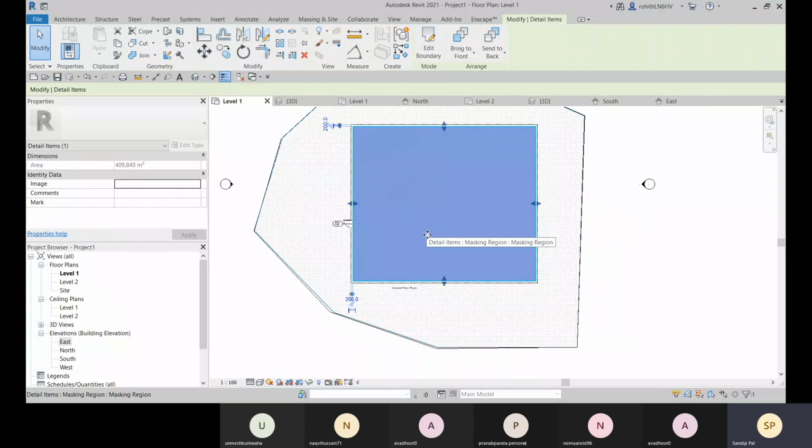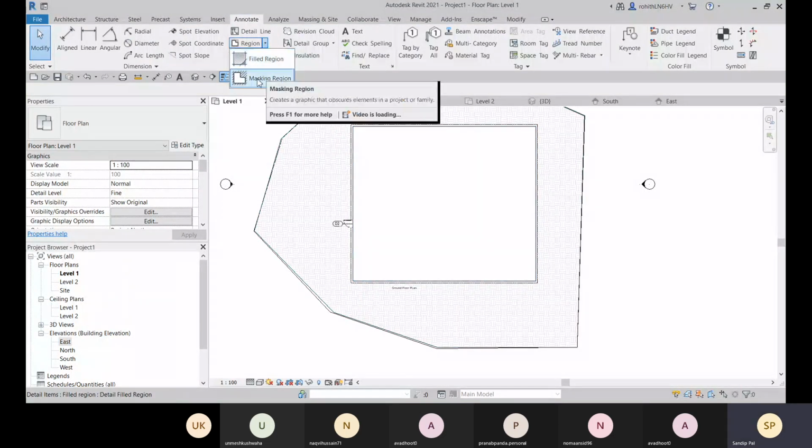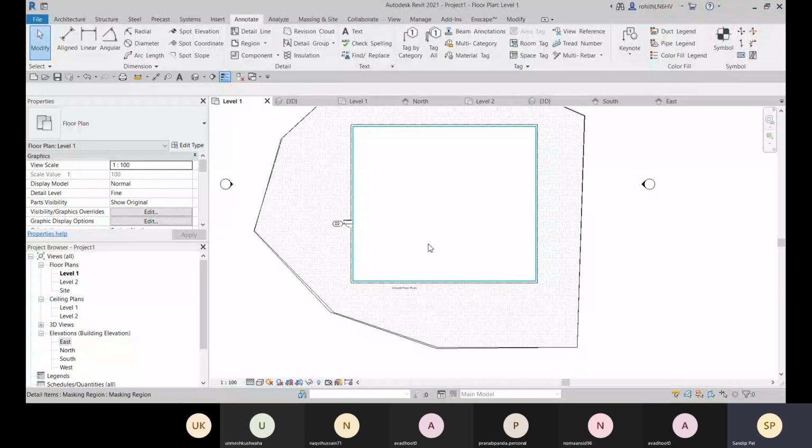It will fill with a solid background, or you can say that it will cover up the area with a carpet, or just with a background. It will cover up that area. So if you want to cover up any area, you can just provide that mask region. So like a mask, you can provide it.